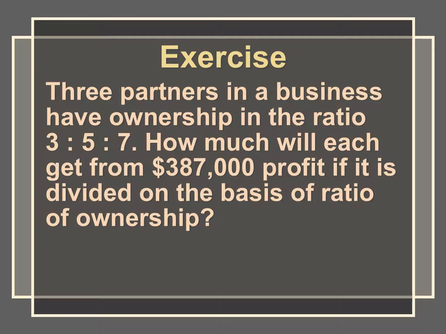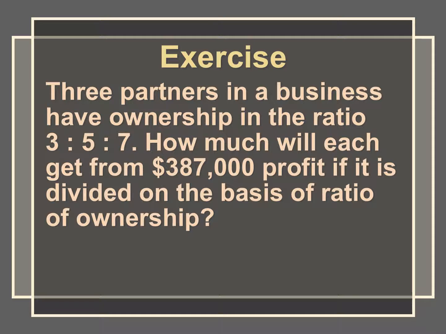Okay, so let's say we have 3 partners who own a business, and they are going to divide the money that they get, not evenly, but as a ratio, okay? So one person owns 3 parts of the business, another one owns 5, and another owns 7. So the ratio is 3 to 5 to 7. How much will each get if the total profit is $387,000 if it's divided on the basis of the ratio